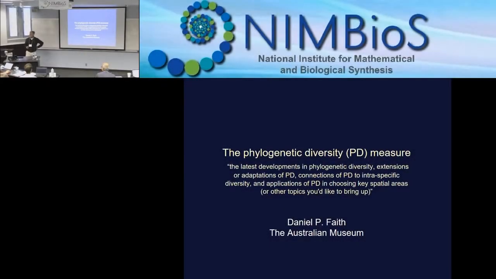Sean kindly asked me to talk about phylogenetic diversity. I'm at the Australian Museum, by the way, not the Australian National Museum, the Australian Museum. I do a lot of typically Australian museum research, that is museum-oriented research. That involves very much a focus on the products that museums produce, including phylogenies, and also the importance of collections